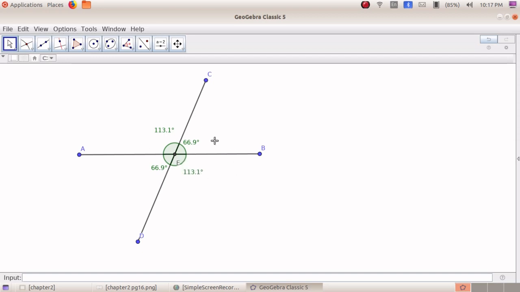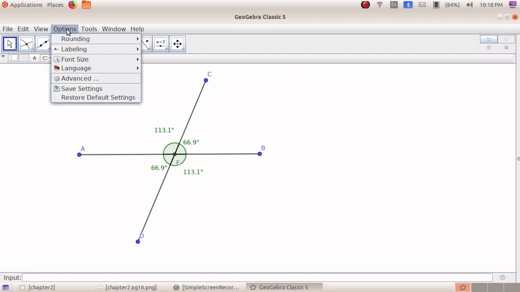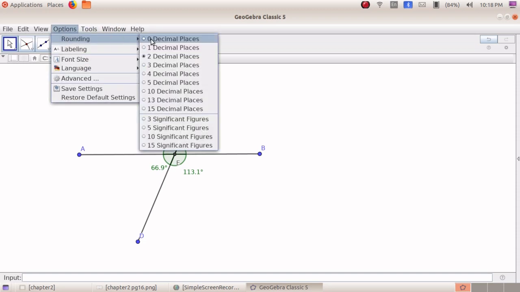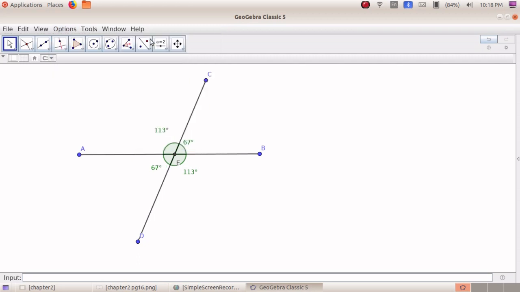Normally, children, we say an angle as 55 degrees, 66 degrees, like that. But here we got decimal values. To change it to a whole number of degrees, click on the option menu, rounding, 0 decimal places. The default 2 was selected, so I am going to select the option 0.